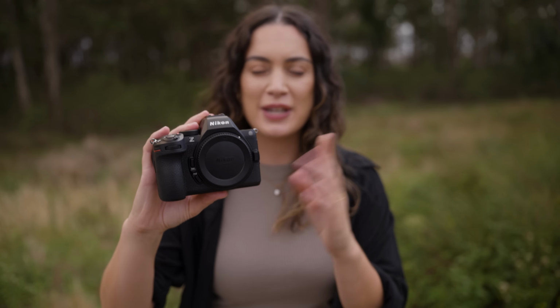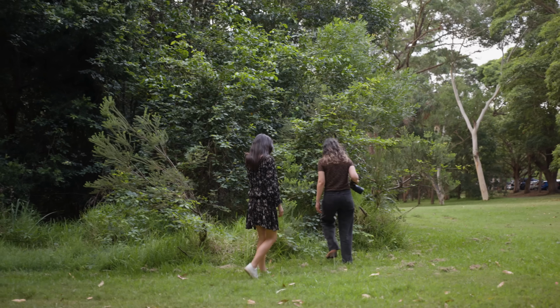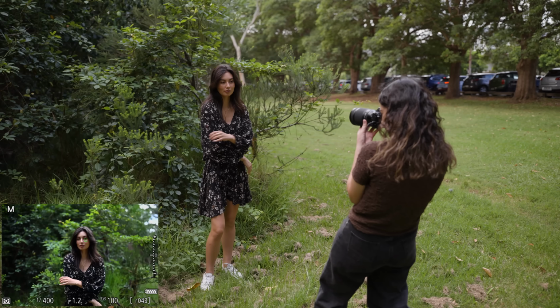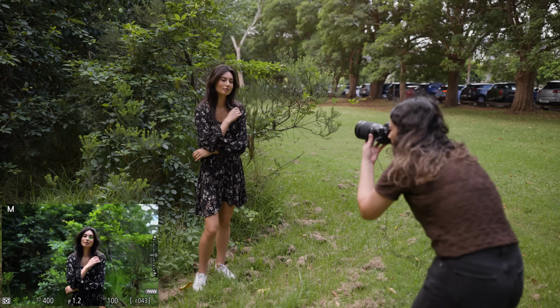Everyone, this is the new Nikon Z5II, and today I'm going to be testing this out in the field for both photo and video. I have a heap of tests and examples to share with you, so let's get into it. The Nikon Z5II is a full-frame 24.5 megapixel mirrorless camera for hybrid users, and please keep in mind that